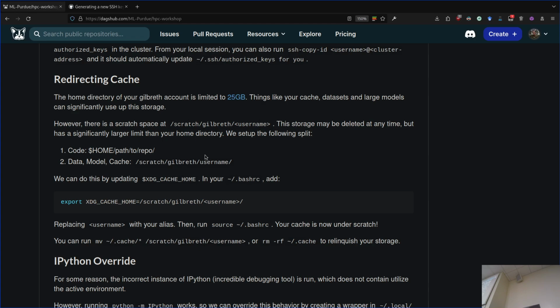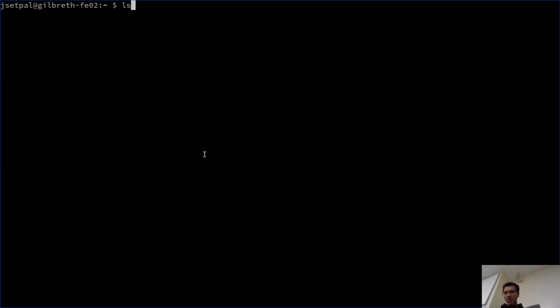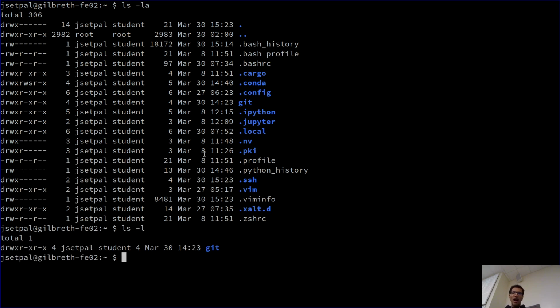So we have your setup where I have my home directory, and I have a couple of files. But very crucially, if I have something like conda that is very significant in size, or a cache directory that is very significant in size, it is going to inhibit my ability to actually use the storage that I do have. Now, the difference between your home directory and your scratch directory is